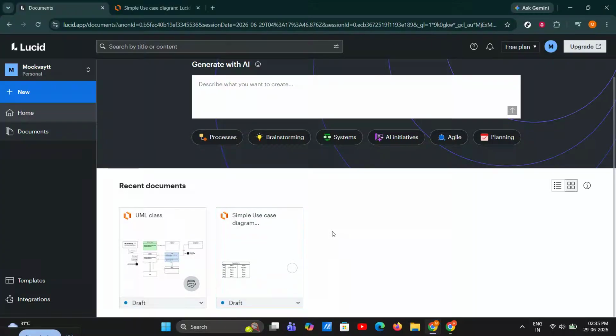If you need to delete documents in Lucidchart, this quick guide will walk you through the entire process step by step, including how to send a document to trash and how to permanently delete it afterward. This is a simple but important workflow, especially if you want to keep your Lucid workspace organized and remove files